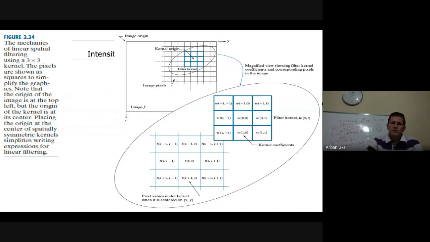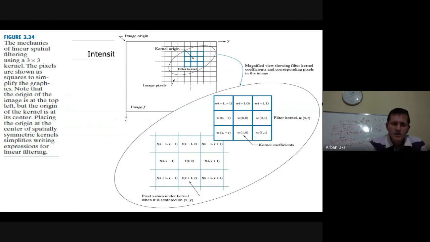For example, we see here a kernel which is 3 by 3, and the way that kernels operate is that we have a pairwise multiplication of 9 elements with another 9 elements. So we have 9 pixel values multiplied by 9 respective weights. We add them together, and that's a filtering using a kernel.